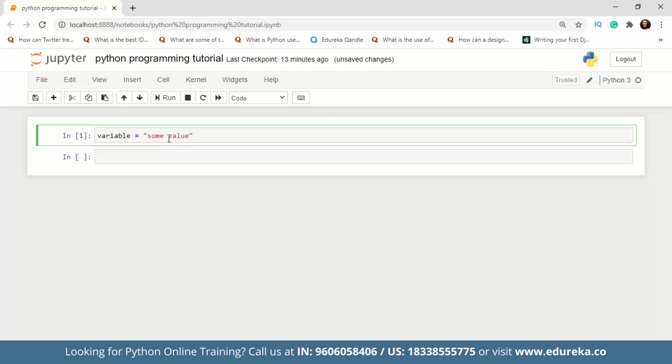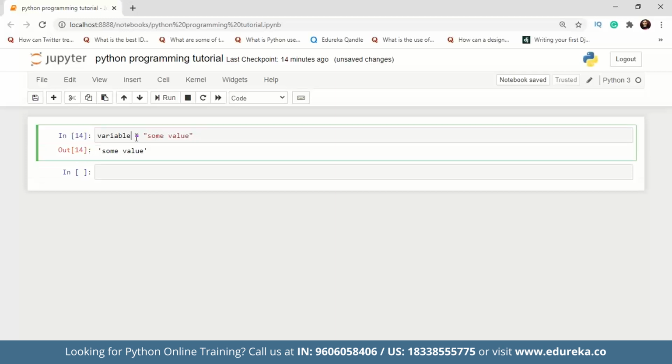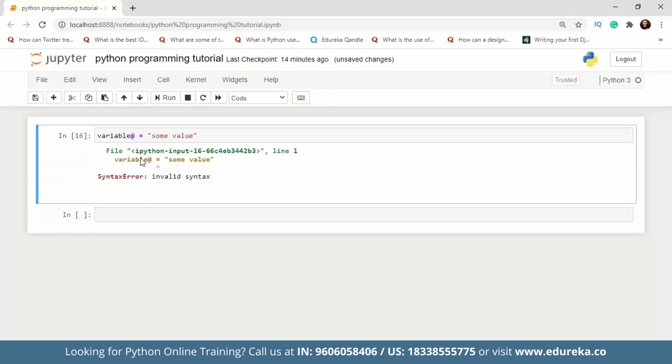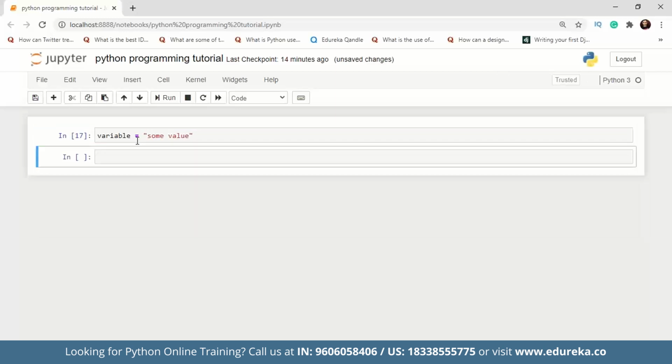And after that, there is one more convention, which is that they can only contain alphanumeric characters and underscores. All right, so we have a variable. If I write it as this, it's good. If I write it as this, it's good. If I write it like this, we have a syntax error, guys. So only alphanumeric characters we can use. And there is also one more rule which says no special characters are allowed. So this is all about variables, guys, and I've told you about the naming conventions as well.